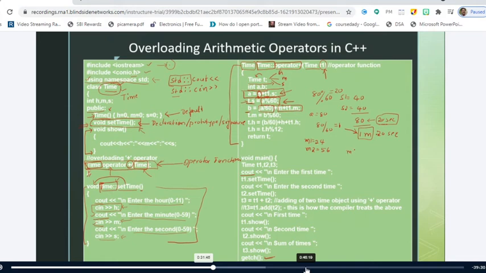That means minutes of first object plus minutes of second object, 80, sir. What should I do here? I should add this 80 and this 1, which I got in the seconds, right? So 80 plus 1, how many minutes is there? 81. Is it clear? Yes, sir.